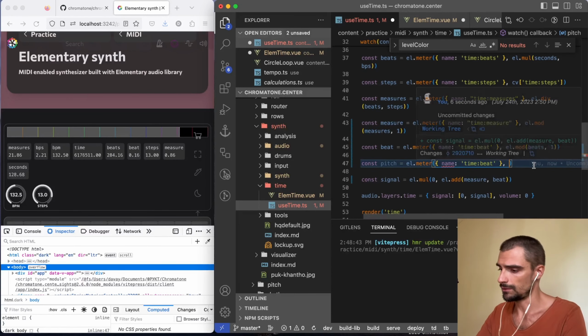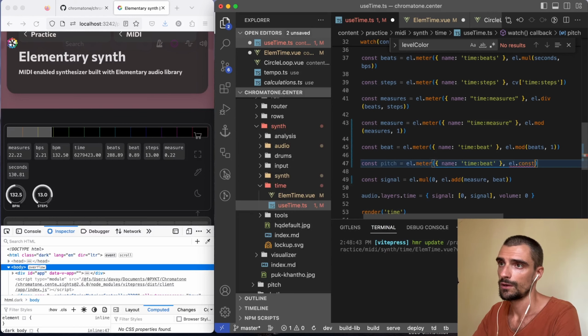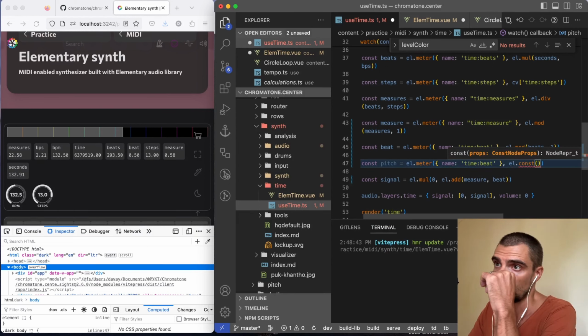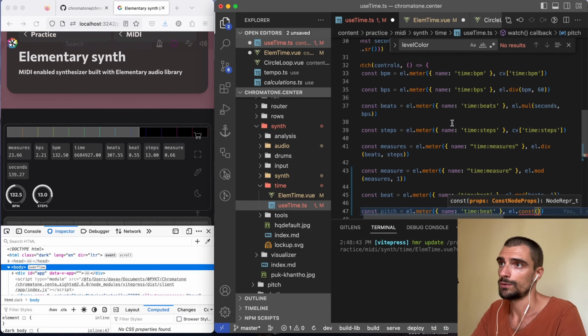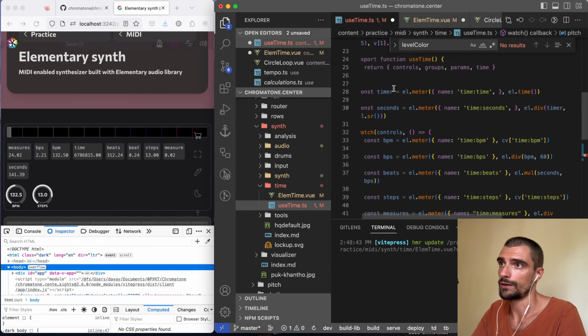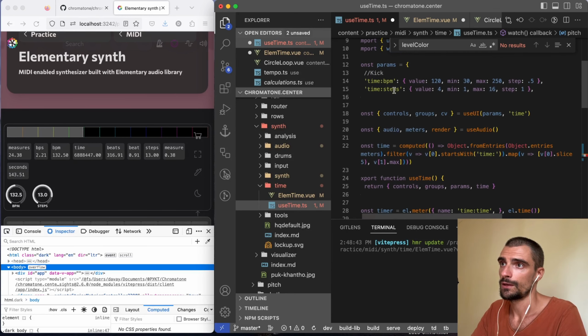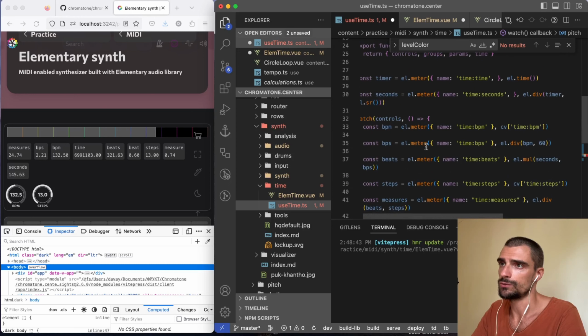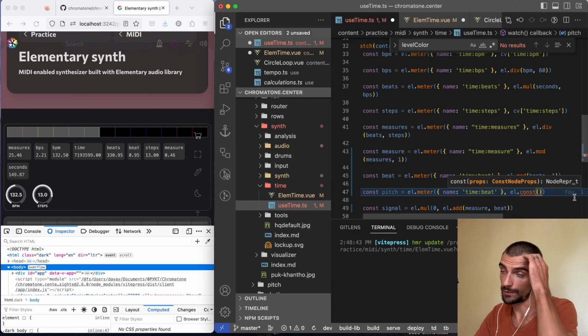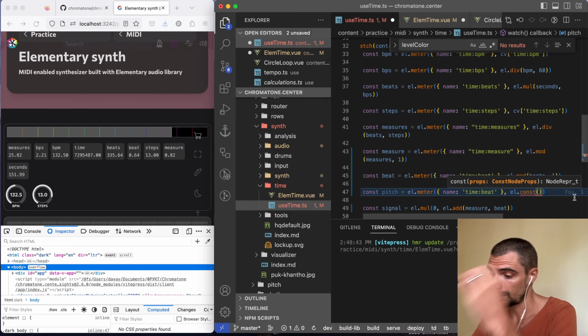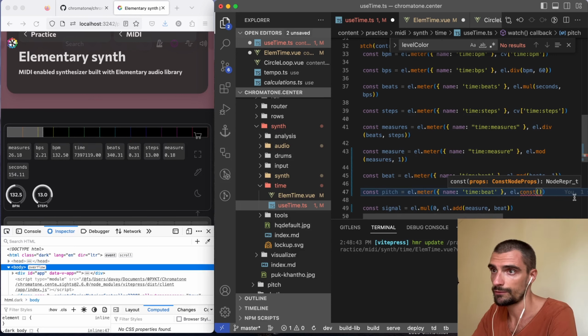It will be EL const, with, yeah, we watch controls that have BPM. So BPM is watched, and this will be constructed again from BPM. Okay, so this will have first a key